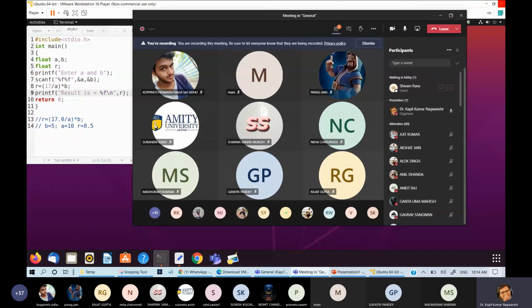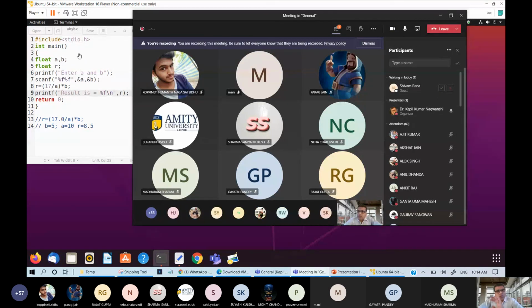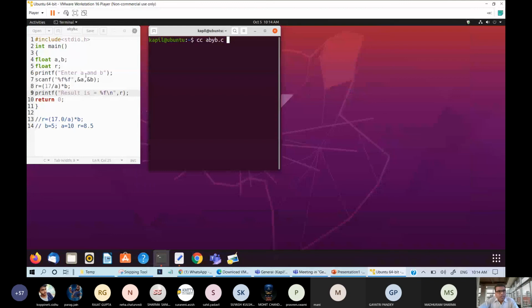Yes. So now, sorry. This program I am going to write is written in Notepad of Ubuntu, and this program is compiled in the command line. I will explain all these things very clearly. Those who have doubts, fine.